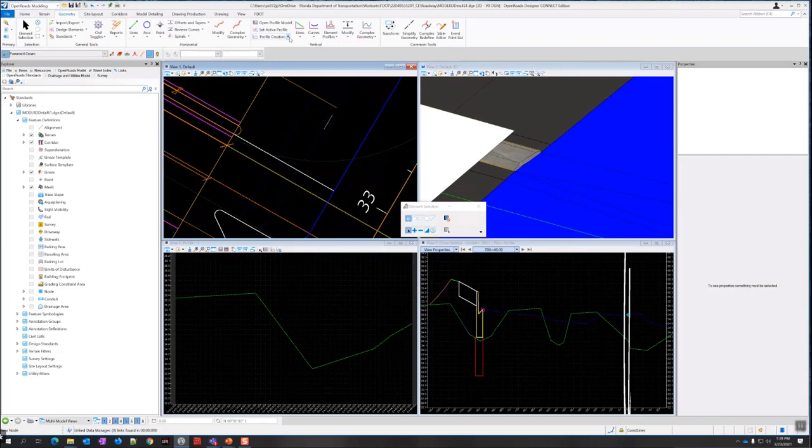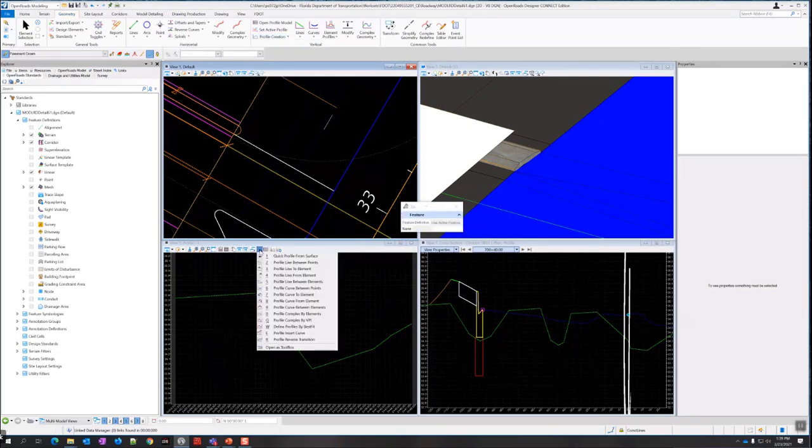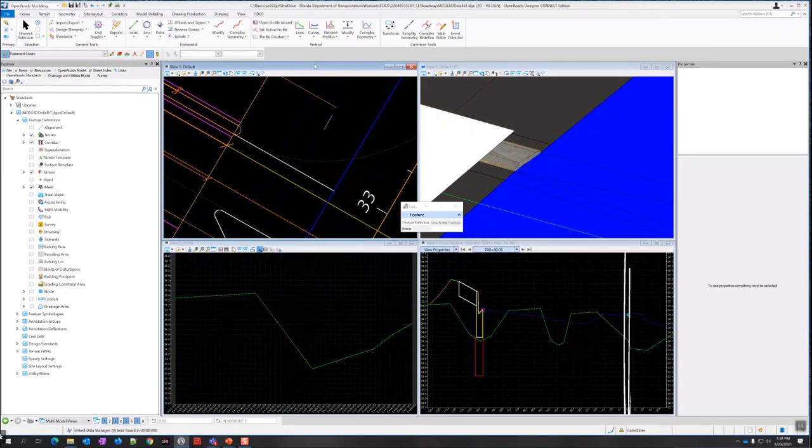So if I go over here to profile creation, see the option I want is buried under project. Yeah, here we go. So under element profiles, it's going to be the profile by slope from element.